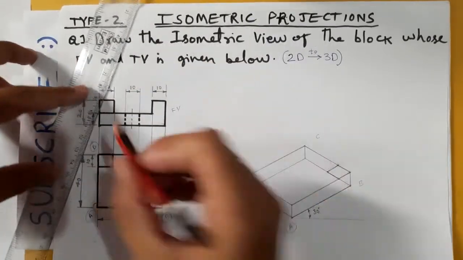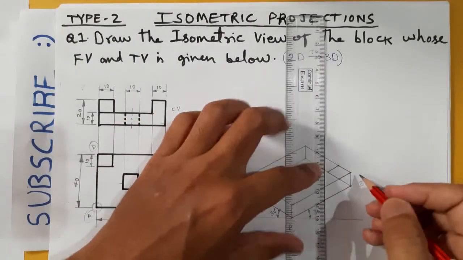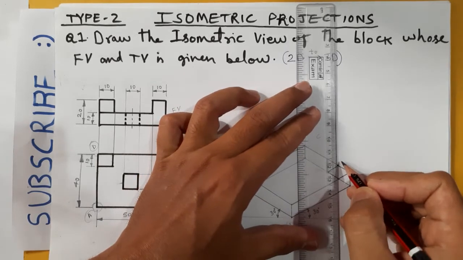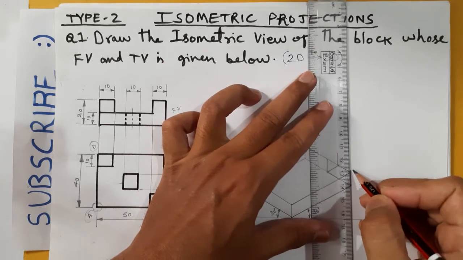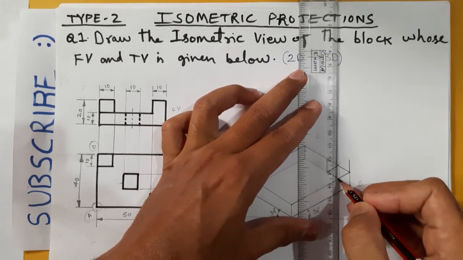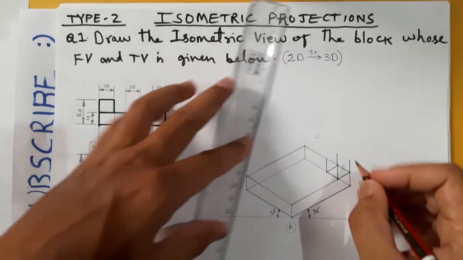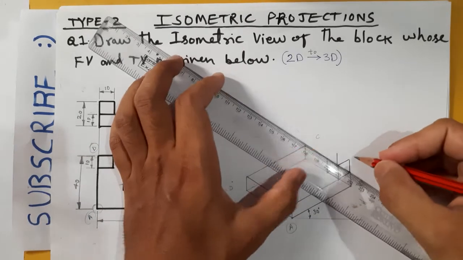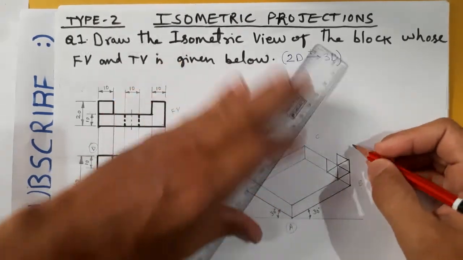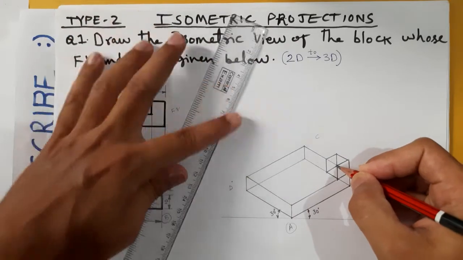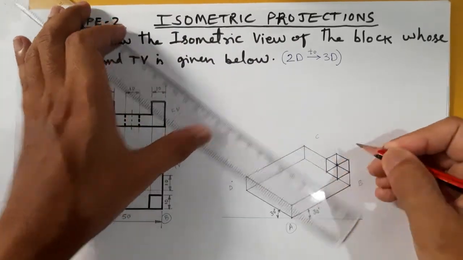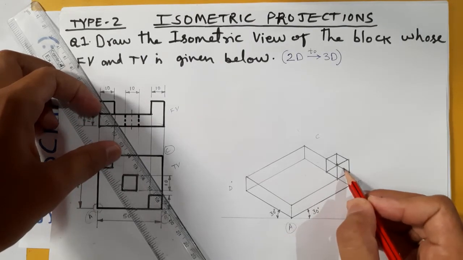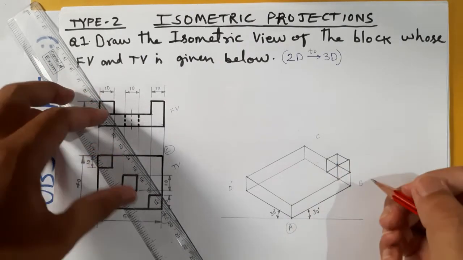That's all. Now height how much? Here you can see the height 10. So all the corners you need to raise to a height of 10 millimeter. Then join all upper corners. Like this block we have constructed, it might look like a hexagon, but these lines will not be visible when we will make it the final view.